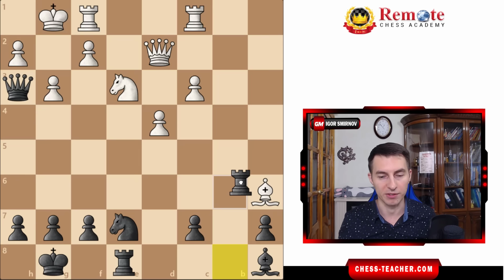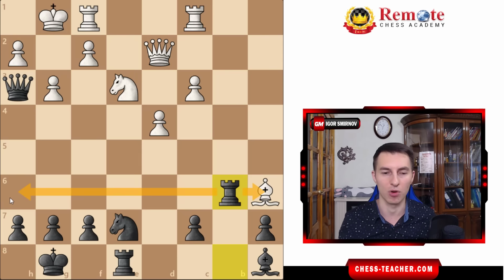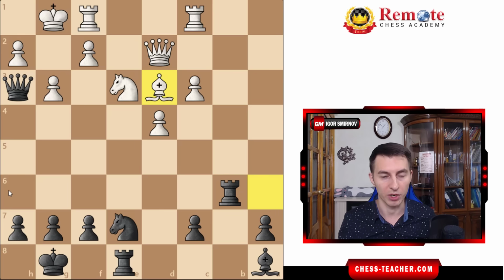Rook b6 is an attacking move as well. Well, that hits the rook, it hits the bishop, and we're ready for the rook lift. It can go over here and join the attack. Well, that's pretty strong. And moreover, if the bishop goes back, in addition to just playing rook h6, which is